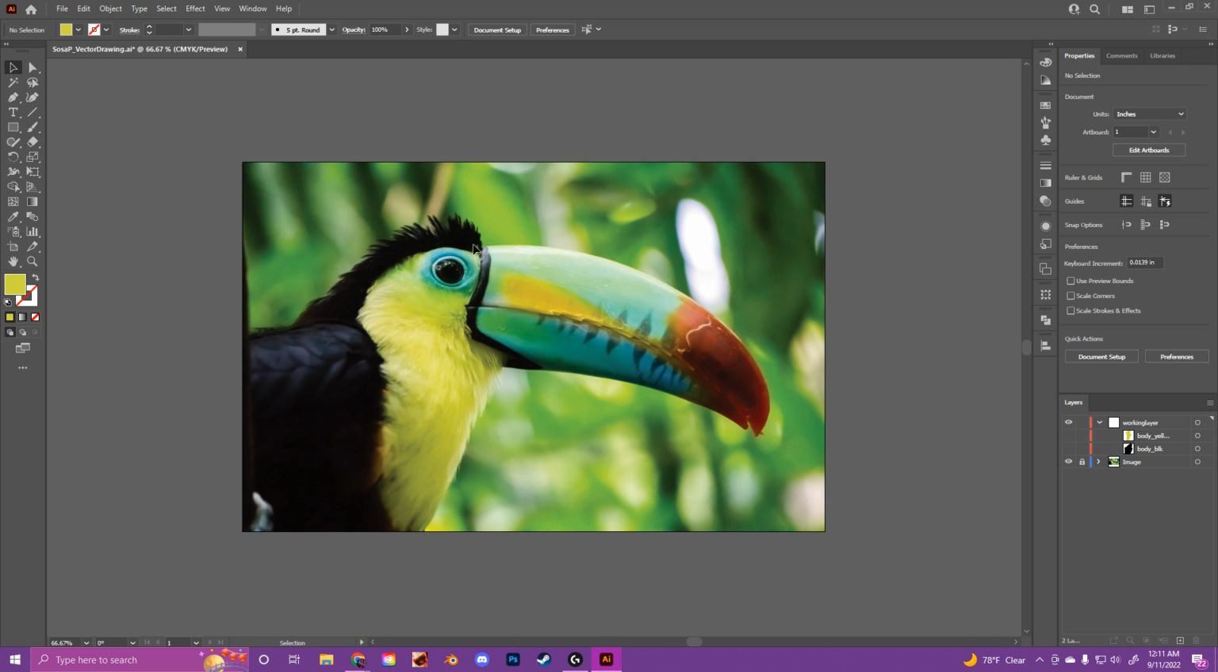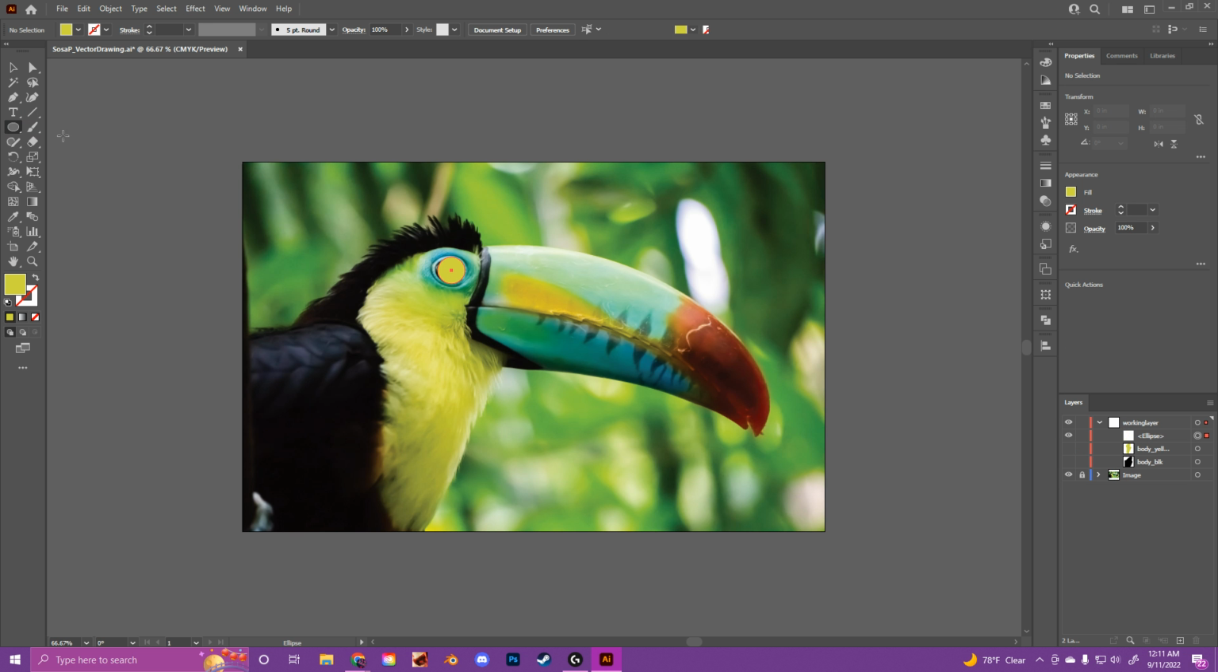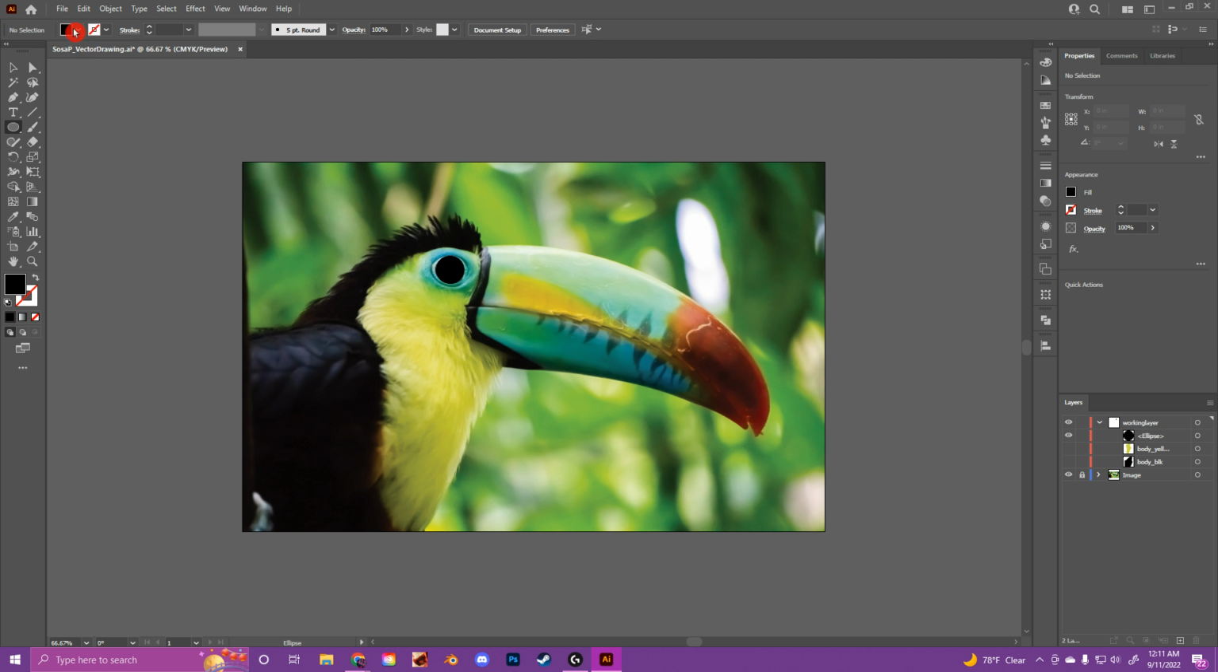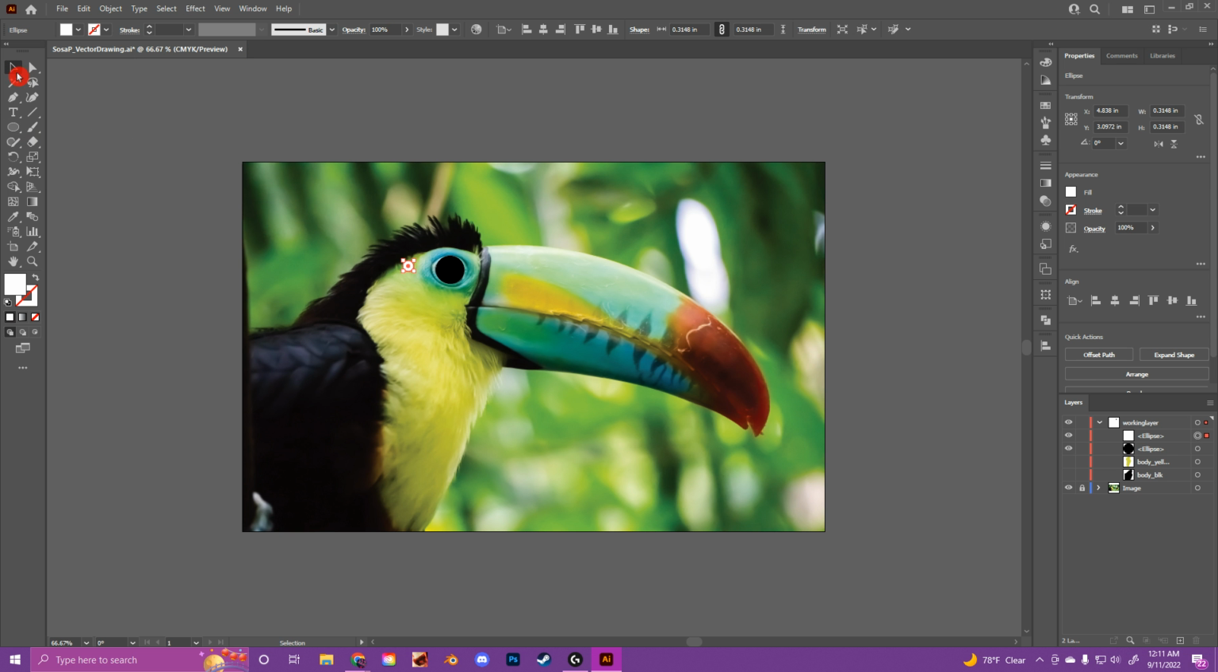And the next thing I want to do is probably the eye really quick. I'm going to hold the shift key. It's okay if it's yellow because I'll change it in a bit. I'm going to change that to black. Then I'm going to grab this circle again, or the ellipse tool. I'm going to make this one white. Hold shift, come back to my selection tool, and then move it over here just to give it a little